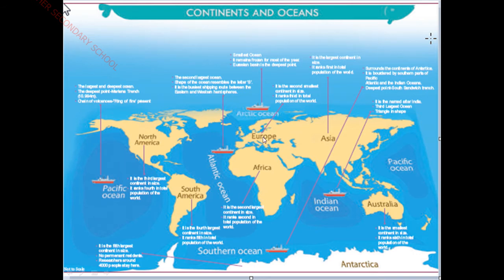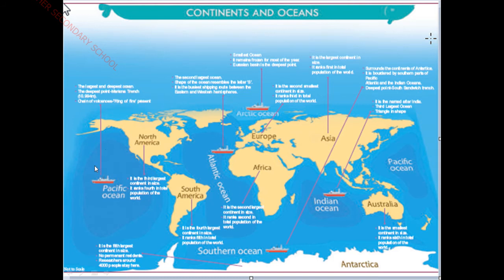These are all the specialities. It is given in your textbook also. After this you can refer to your textbook. So see here, these oceans are very helpful for what? To carry goods, for the movement of trade. The second largest ocean, Atlantic, is what shape here? Let us see what the shape of the ocean looks like.